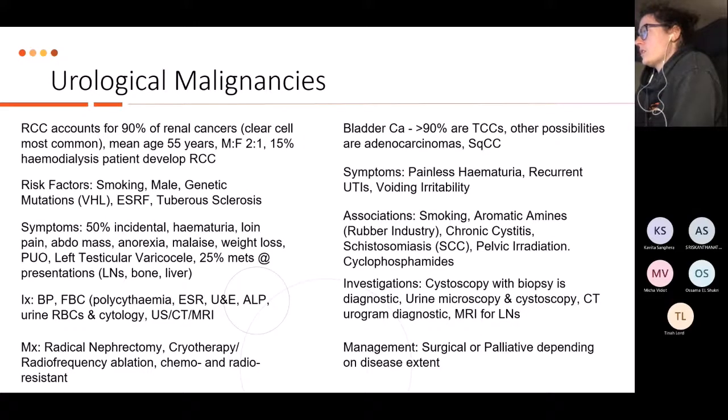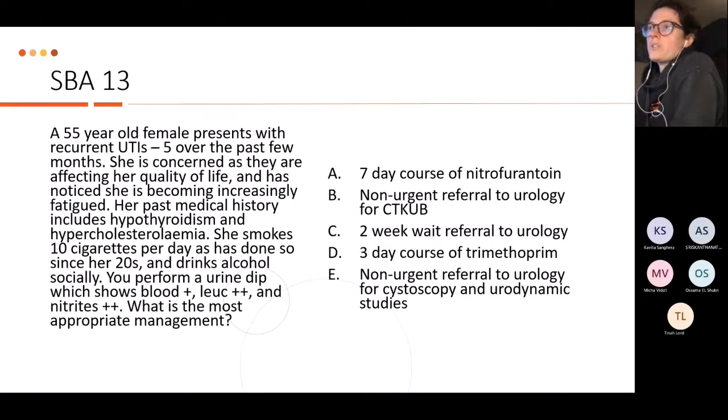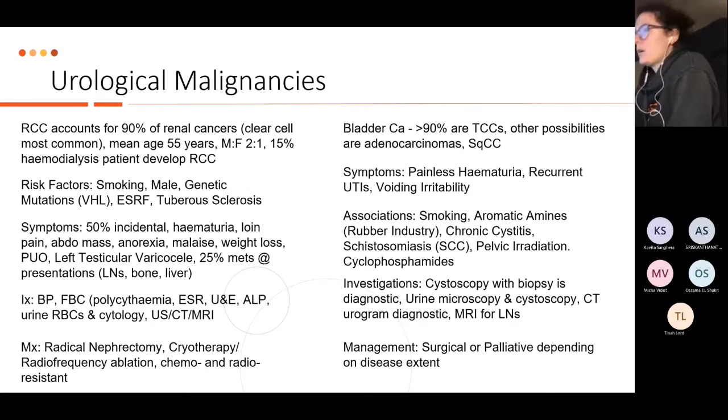Sorry, the patient in your question has blood plus, but no mention of visible haematuria. To be fair, my question wasn't specific enough. I would say the big thing here is that she has recurrent UTIs and they haven't been explained. I probably should have said that she had visible haematuria, admittedly. So that's just the vagueness of my question, and I'll change that for next time, but you are right, blood plus may not be visible. If I'd said visible haematuria, it would have been a lot clearer.